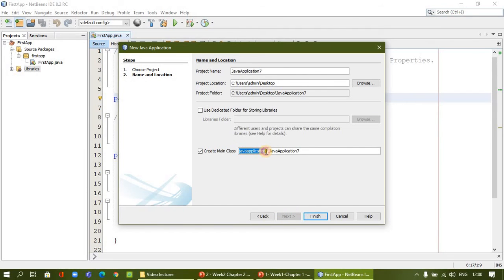Whatever the package and main class name, I will create a different name. For example, I say first.1.2, where 1 is the package name and 2 is the class name. Let me finish this and we will see.